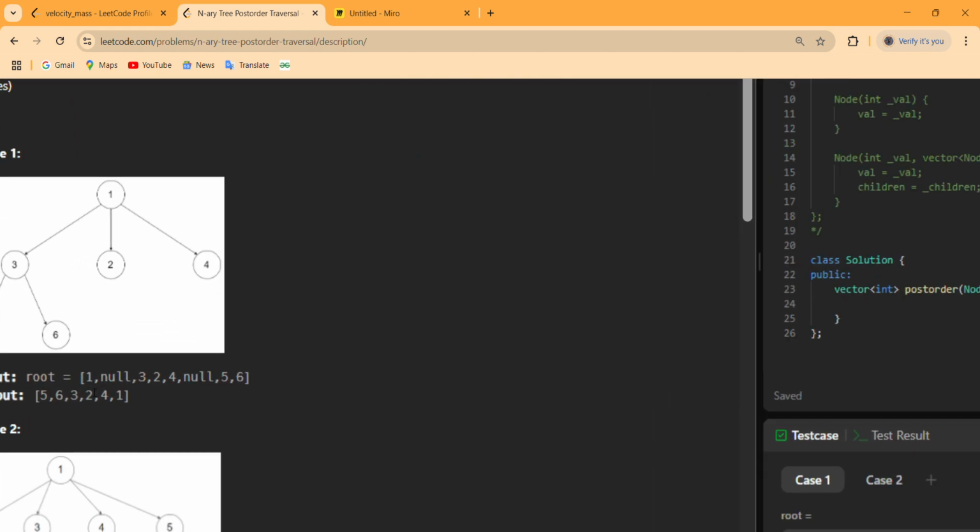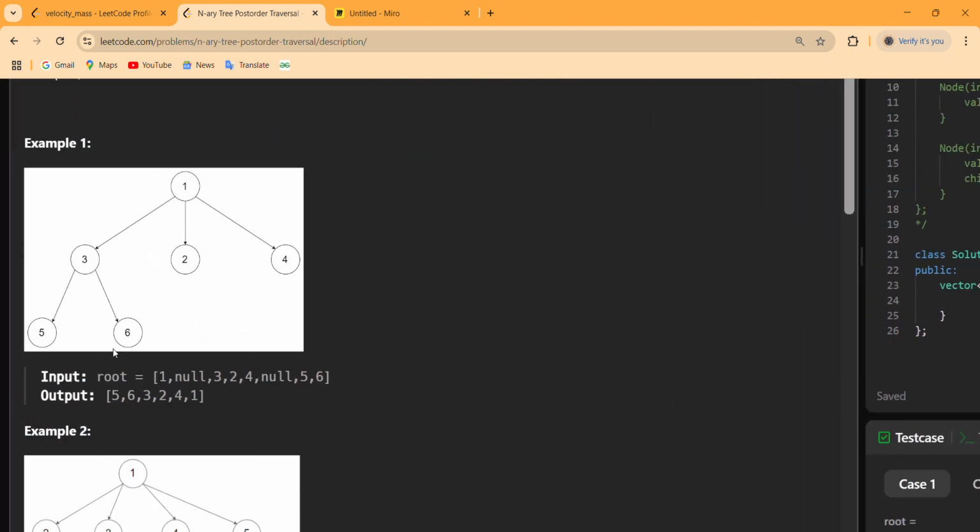So what will be the postorder traversal of this example number 1? 5, 6, 3, 2, 4 and then 1. And by the definition of postorder, we know that before every root gets evaluated, its left and right subtrees get evaluated and then the root gets evaluated.